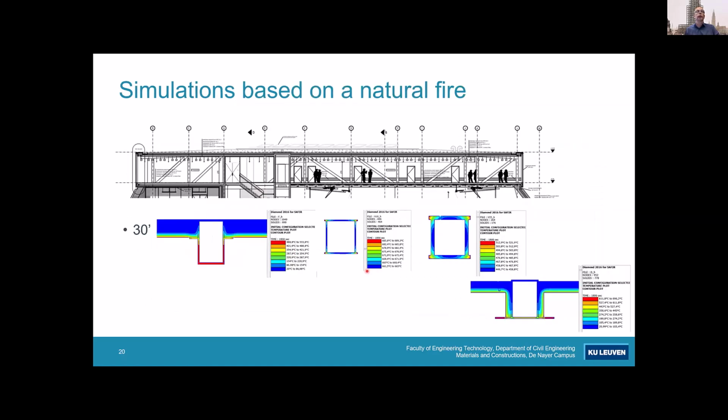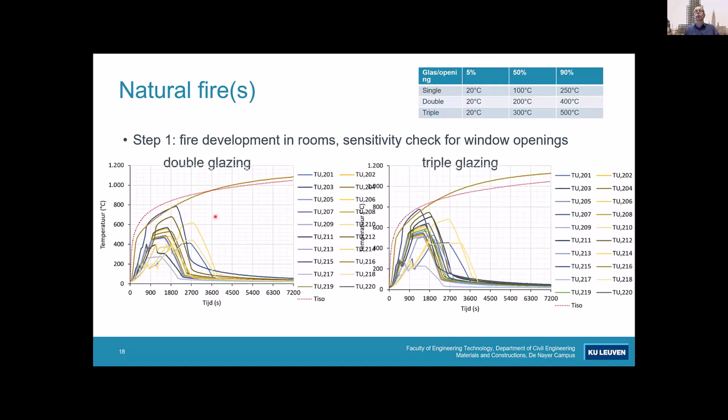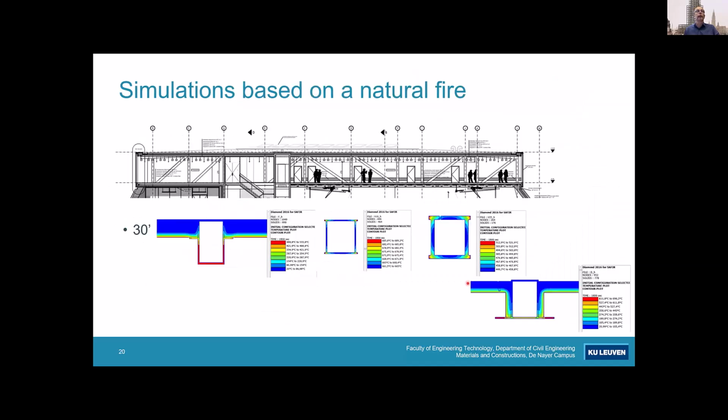So at the moment that we are doing those simulations, we see the time scales and temperature scales are a little bit different. But then we see, for example, after 30 minutes, why 30 minutes? I will go back, because 30 minutes was even for both of them. You see here for the Flex 2, at 30 minutes, 1800 seconds, we have the maximum. And after 1 hour or 3600 seconds, we no longer have the maximum. So I made just a copy of the 30 minutes, and the 60 minutes will follow directly. And then you see that the temperatures obtained are 555,